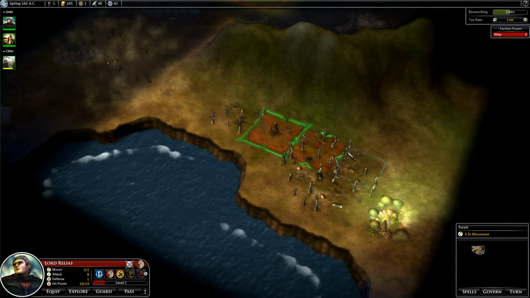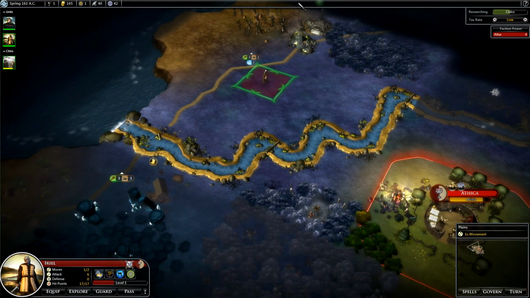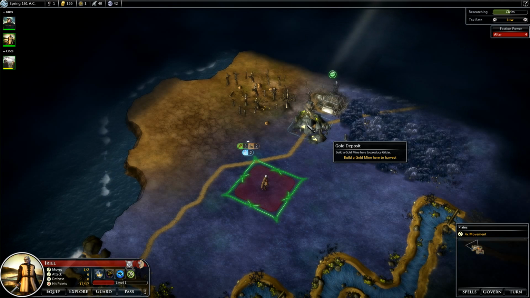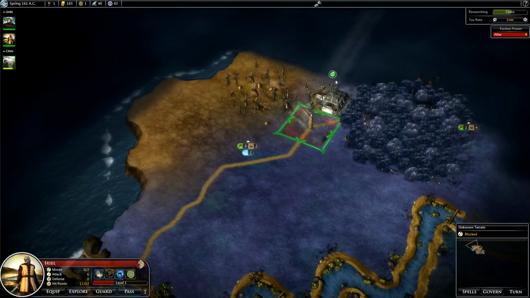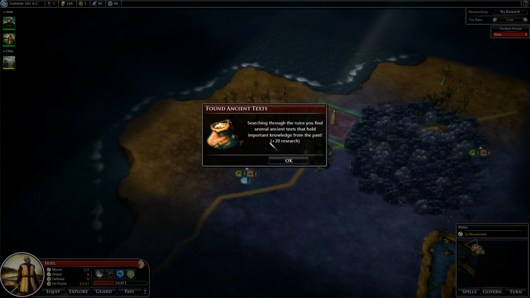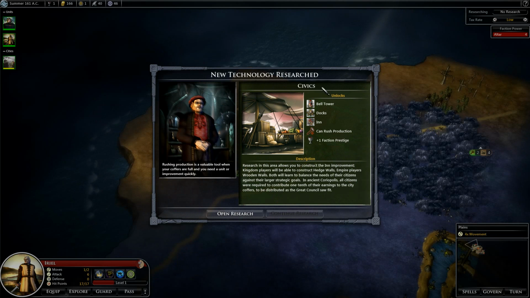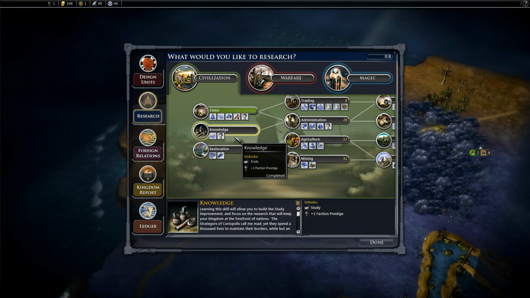So, what do we have over here? Anything yet? Our militia's almost done. There's a gold deposit. Build a gold mine here to produce Gildar. That sounds like a good option. And we definitely want to check out the Lost Library, which is going to give us 20 research points. That's going to finish our civics. And after that, we're going to go to...